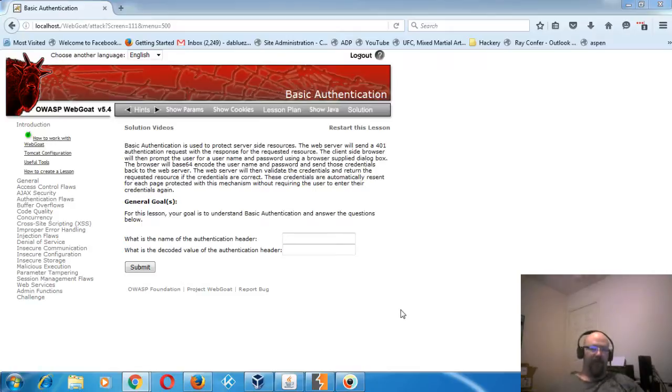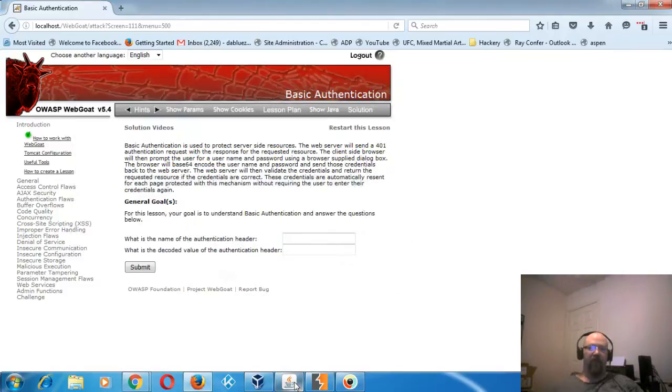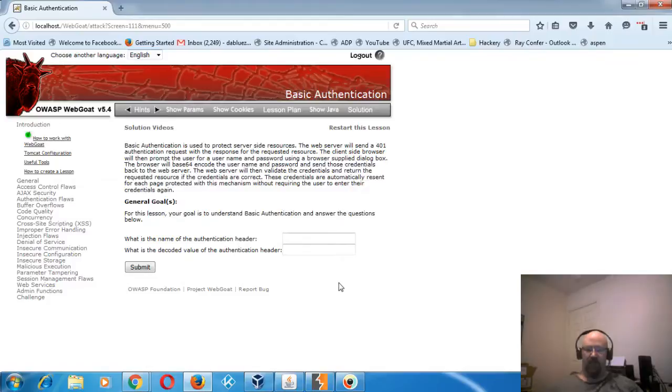If you download it, basically all you have to do is download it, and then you have to run a Tomcat server right there to be able to run WebGoat. There's plenty of documentation on the website on how to run this particular one. So what I'm using here is WebGoat in conjunction with Burp Suite. Burp Suite is an HTTP interceptor used by most web application developers or pen testers. It's a very good tool, a very prominent one in the web app department,